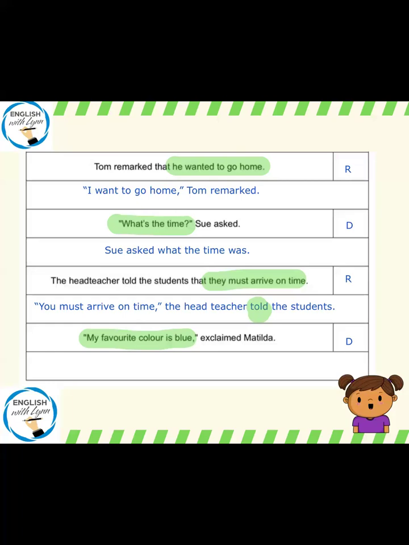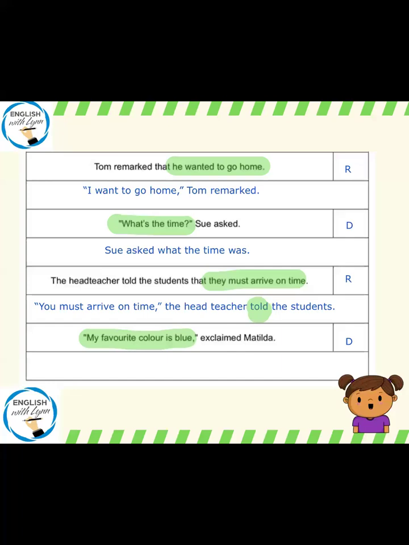So because I am reporting it, Matilda exclaimed that her favourite colour, and then I need to change the tense as well. So I need to change it to the past tense. So Matilda exclaimed that her favourite colour